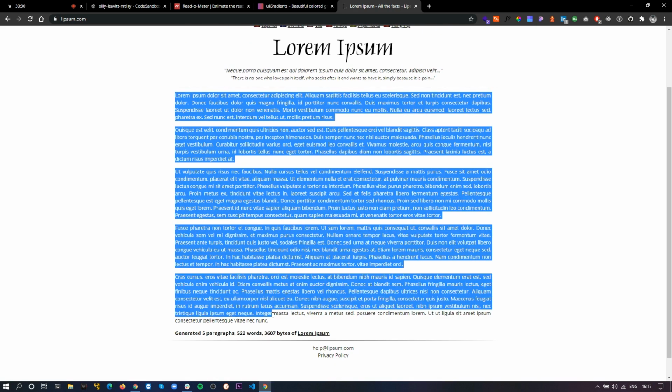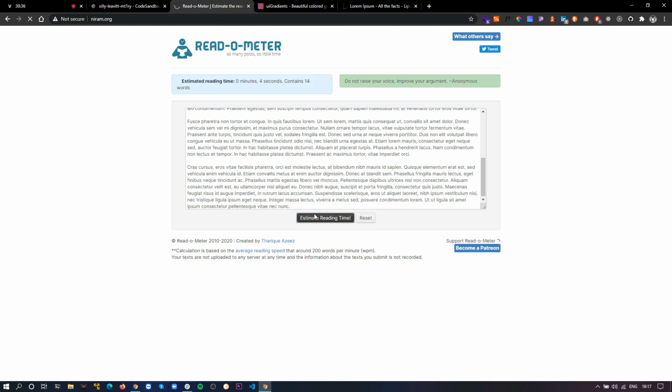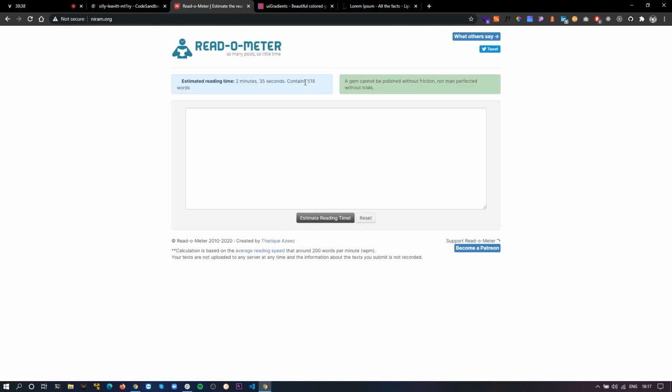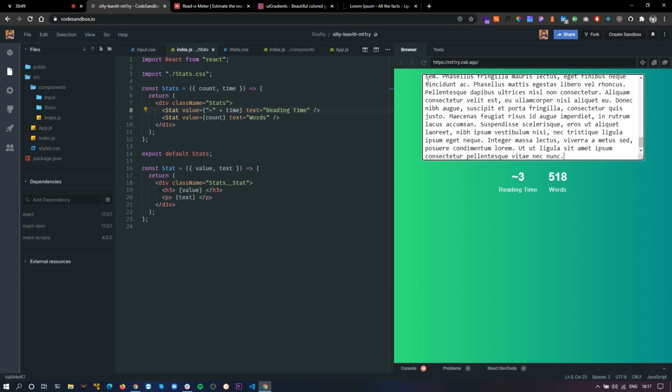I'll copy this complete thing, I'll paste it here, and let's see the results. It contains 518 words, and it will take around 2 minutes and 35 seconds to read it. Let's paste this exact text into our app, and it also shows the same values. So 518 words, and it will take around 3 minutes to read this.